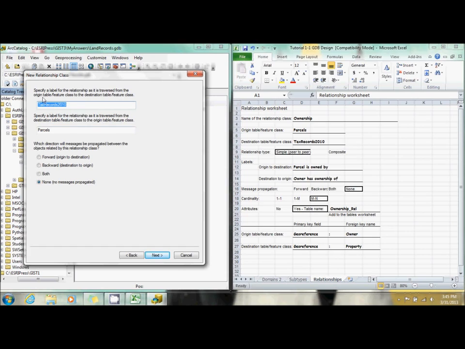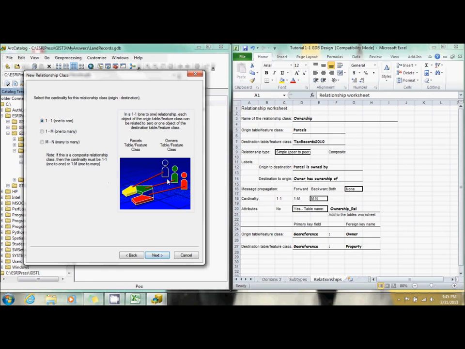And here for origin, we want parcels is owned by, and here we want owner as ownership of, and then we want none for messages. Now I really like this portion of this